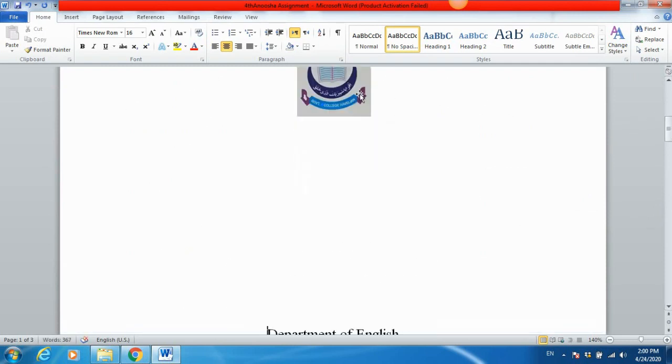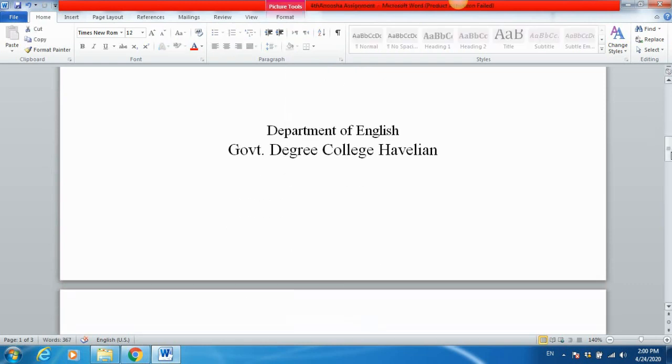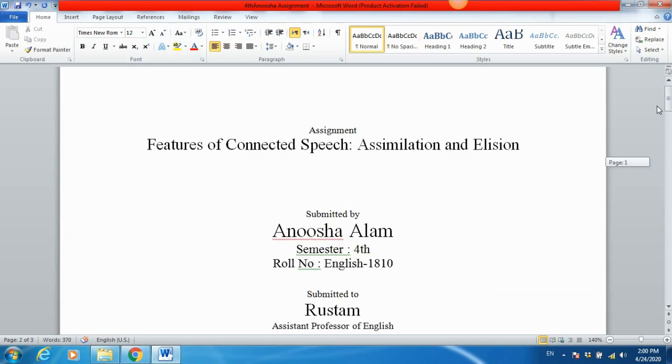So now this picture, the monogram, has to be dragged down here. Now here you can mention the date or month, let's say April 2020. And you can even mention the date as well, let's say 17 April. Now this write-up should be 12, as you can see here, and this can be at the most 16, and this should also be 16. Okay. Now your title page is settled and it is designed.